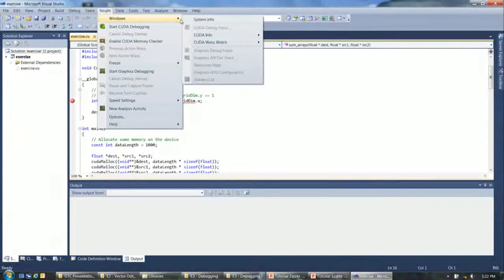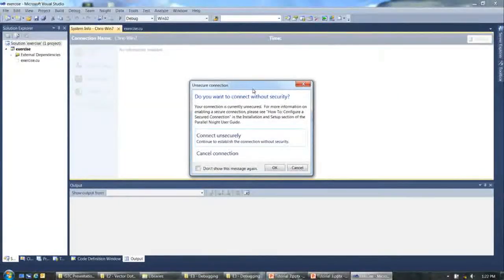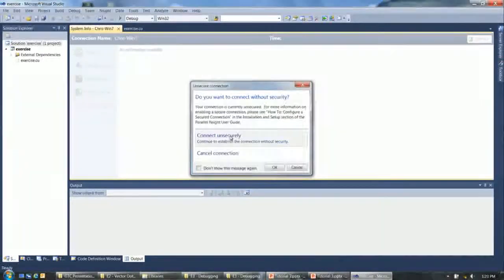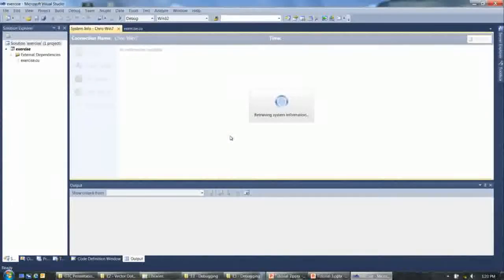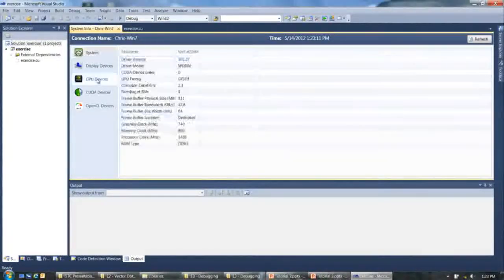Before I start the debugging, let's see what other things I have in this. So I've got some system info. The other thing you'll notice here too is it's asking me if I want to connect unsecurely to the Parallel NSight monitor. You can establish a secure connection, and again, I refer you to the documentation for that. I don't want to take too much time there. So it's going to retrieve the information from my GPU. You can see in the lower right-hand corner, I connected and disconnected there. So it tells me that I have this processor with whatever frequency, my operating system. If I jump down to GPU devices, it tells me that I have a Quadro NVS 4200M